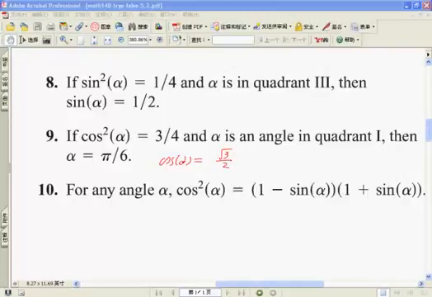Actually, if cosine alpha is equal to root of 3 over 2, alpha can be 2 pi k plus pi over 6, not necessarily equal to pi over 6. Got it? Interesting? So this number 9 is false. And this other one